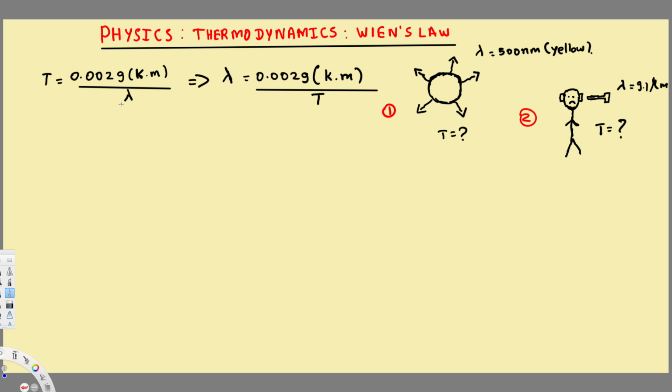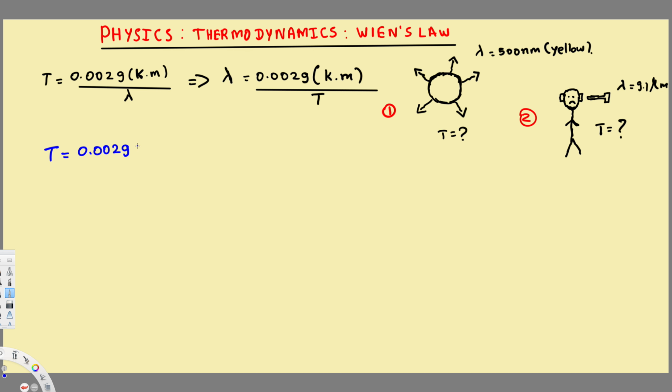So let's see how we can calculate the surface temperature of the sun using this information, right? So all we have to do is just plug in the equation. The first one, to calculate the surface temperature of the sun, we use the yellow light because that's what we see, right? So that's approximately 500 nanometers. So if you plug this into this equation, that's going to be